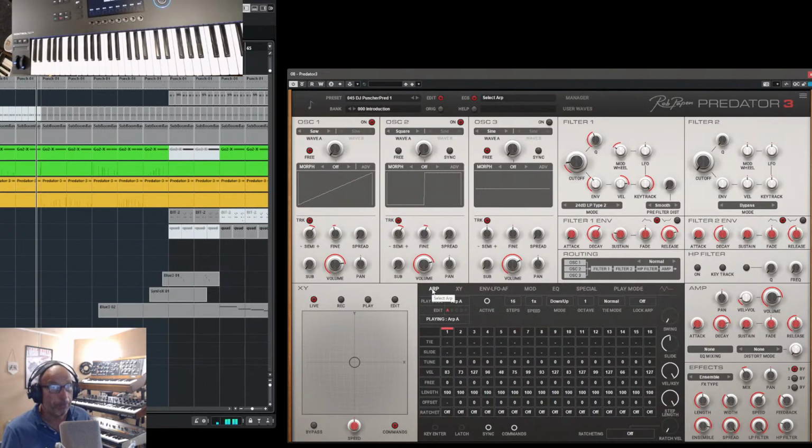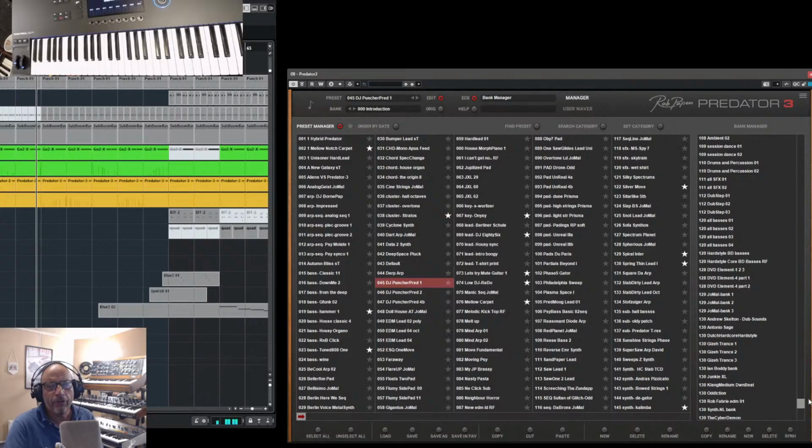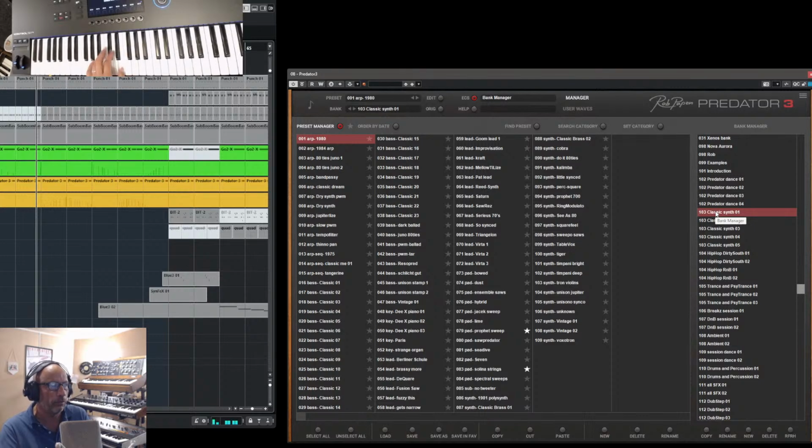And so on Predator 3, July is Predator 3 months. So if you have an eye on Predator 3, check out our homepage on this subject. And Predator 3 has a lot of presets. And if you go to the manager and the slider, you can slide down and I think over 6,000. Everything that starts with the bank number 1 is the original Predator, which has a lot of cool sounds. I mean, if you go to here to classic synth sounds,